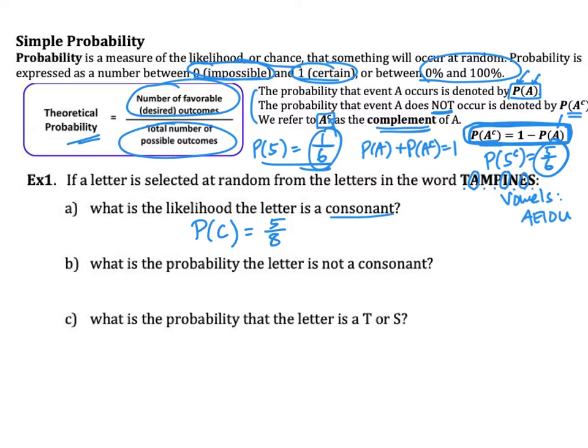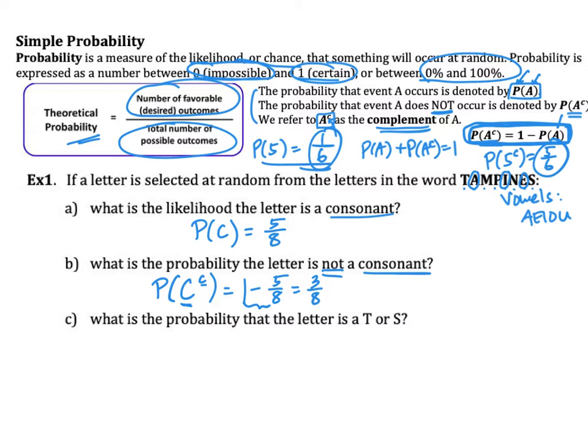So it's 5/8. Letter B says, what is the probability the letter is not a consonant. So to practice showing work and showing that you understand what this means, you would put a consonant and then the complement of that, right? So this is not a consonant. Well, you could say that's 1 minus 5/8, or you could just count the number of vowels in there, which is 3/8. You're probably not going to show this work necessarily right now for this not so complicated problem, but